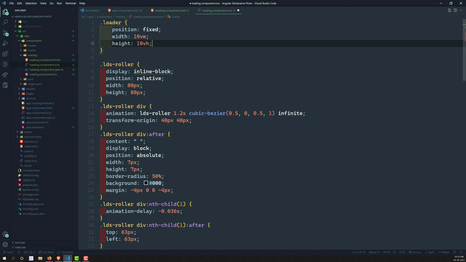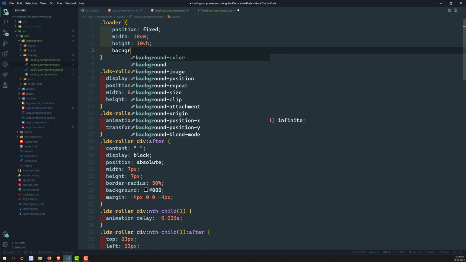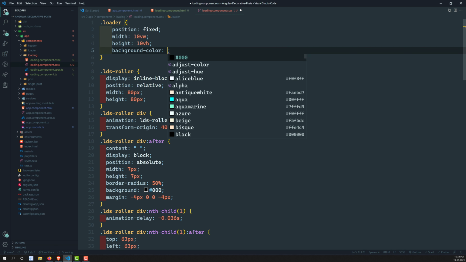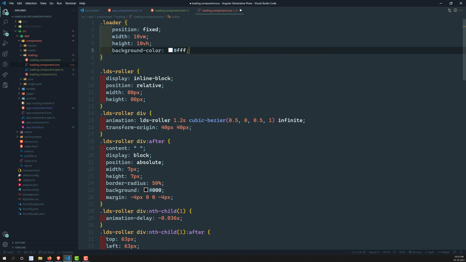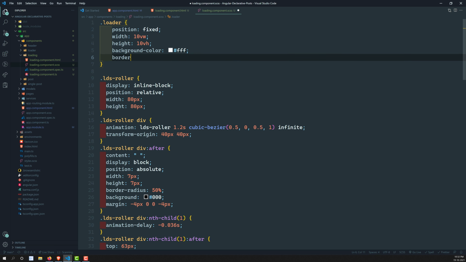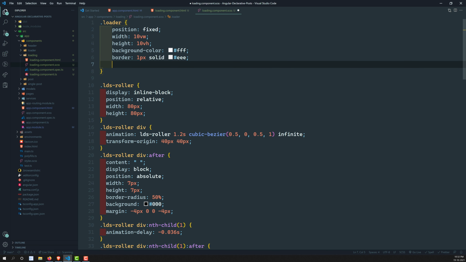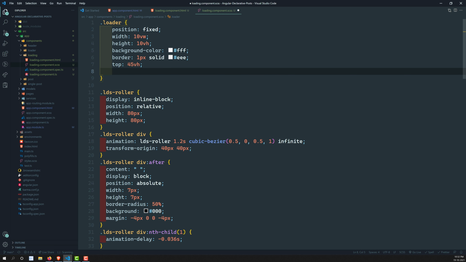So this all comes under CSS. For the background color I can give white, and a border of 1 pixel solid #e something like this. Another one is top, from top it should be something like 45 vh, and from left it should be something like 45 viewport width.